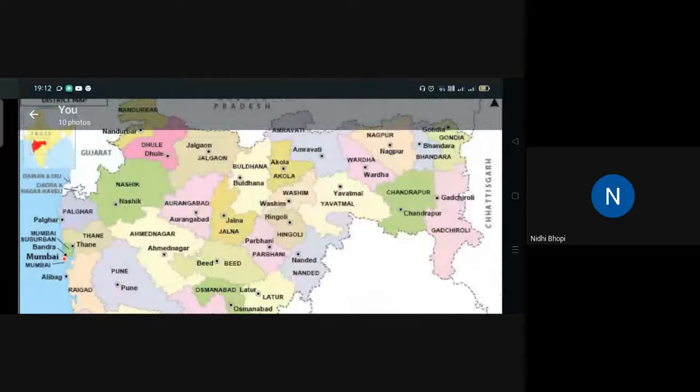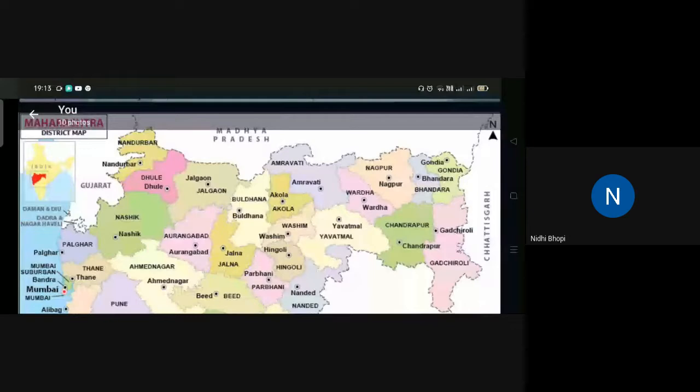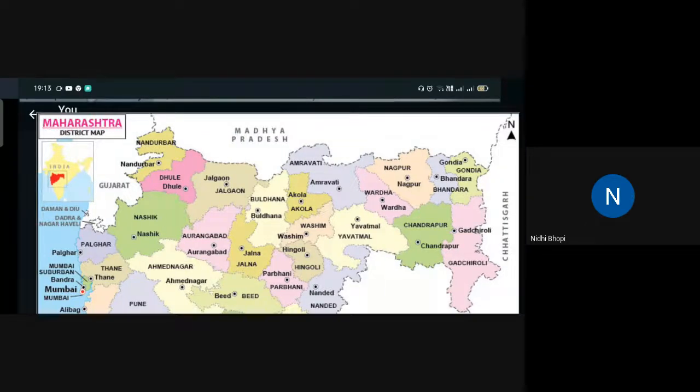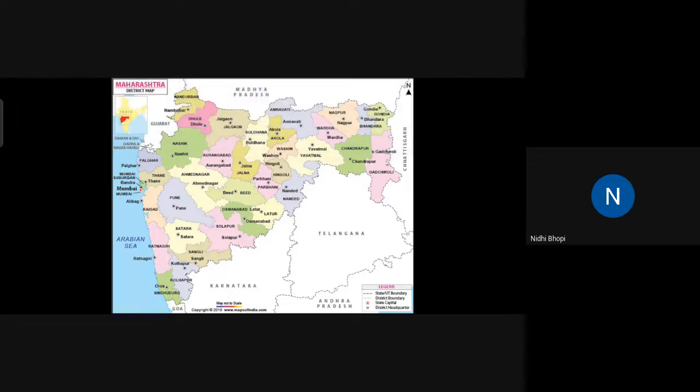You can go on counting. हिंगोली, जालना, वाशिम, यवतमाळ, चंद्रपूर, गडचिरोली, भंडारा, गोंदिया, नागपूर, वर्धा, अमरावती, अकोला आणि बुलढाणा असे मिळून ते 35 जिल्हे झाले. So 35 districts are there,